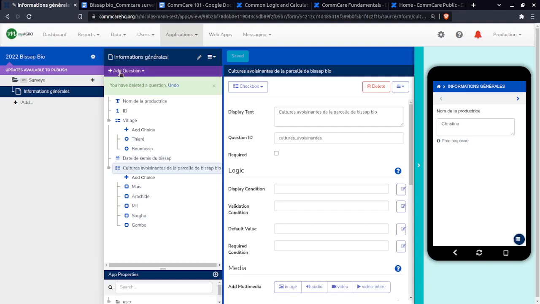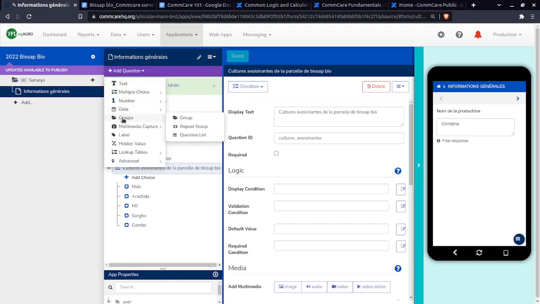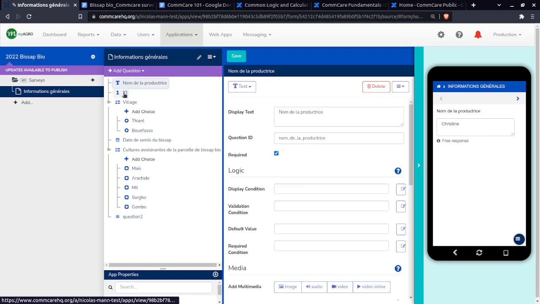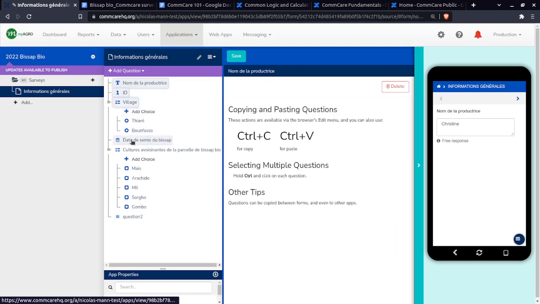So if I click on add a question, you see here there's a question type called groups. One of them is just like a folder called group. But this one, question list, is really handy because anything you put in it will show up on the same page. So I'm just going to take this question and select this one, select this one. I'm holding down Control and selecting these questions. Actually, I'm just going to select these three,